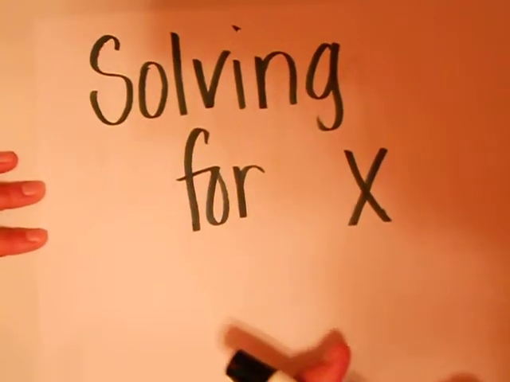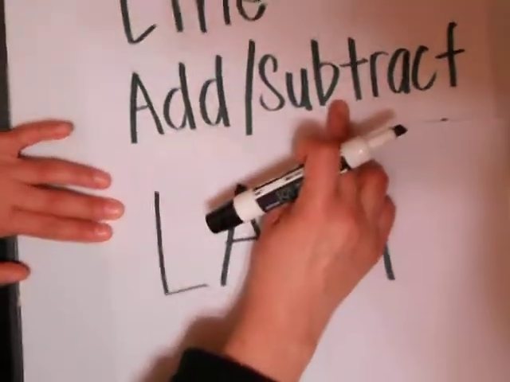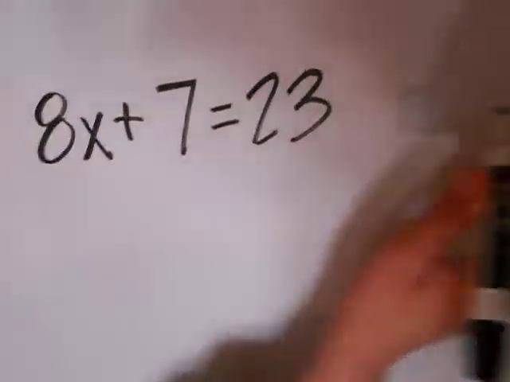Solving for x. When I solve for x, I remember LAMB. L, draw your line. A, add or subtract. M, multiply or divide. We're going to try an example. So I remember